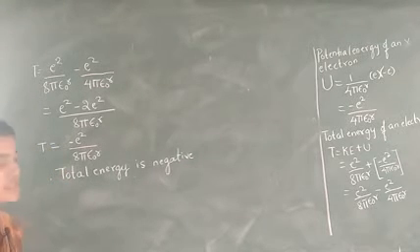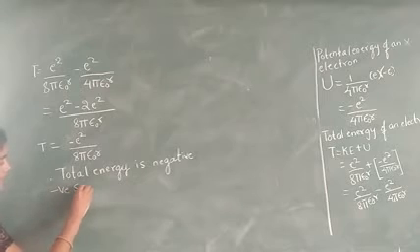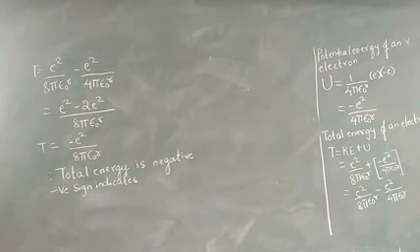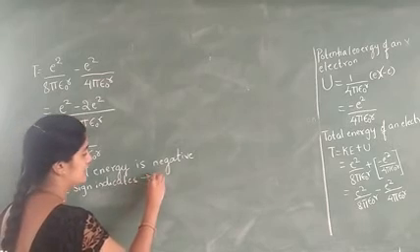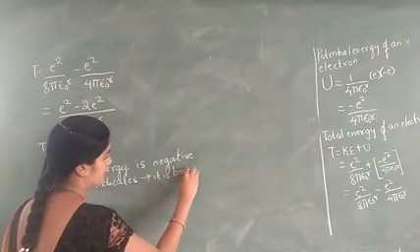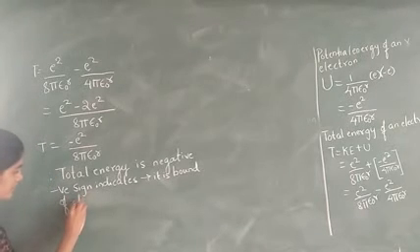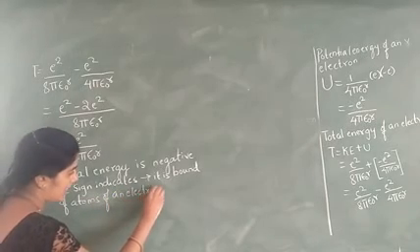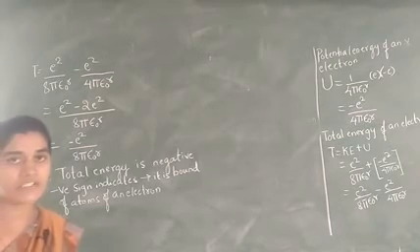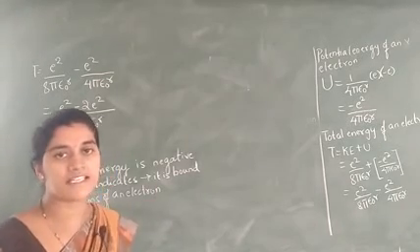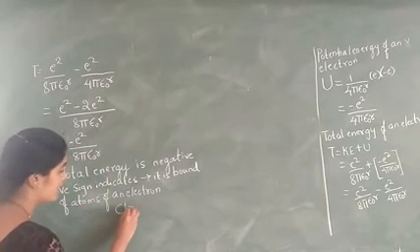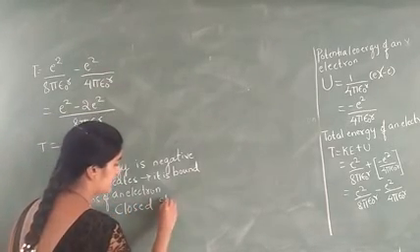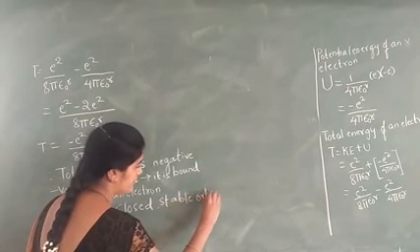Now we can tell that the negative sign indicates that it is the bond of the electron to the atom, the electron bound in the nucleus. The negative sign also indicates that it is very close, the electron and nucleus are very close, and we can also tell that it is in a stable orbit.